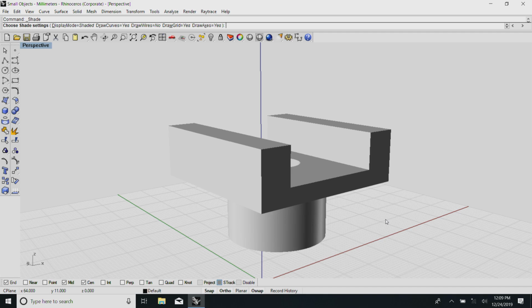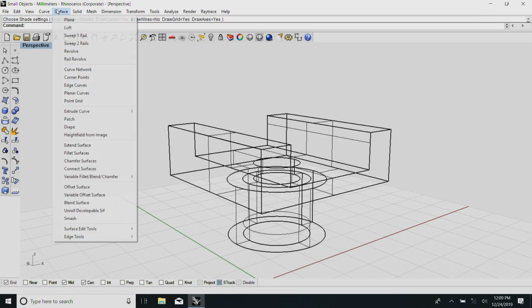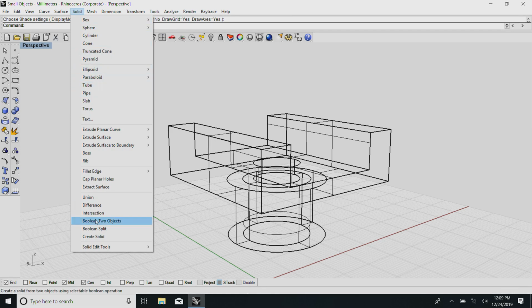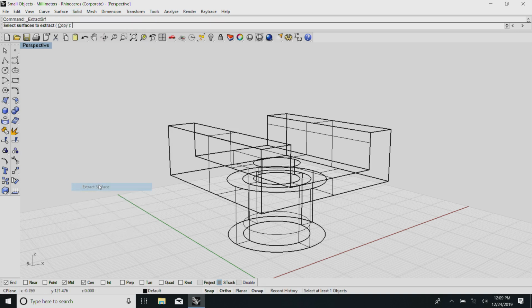If it is an extrusion, imagine I go to this surface and try to extract the surface. You see I have a surface here, I have extracted.